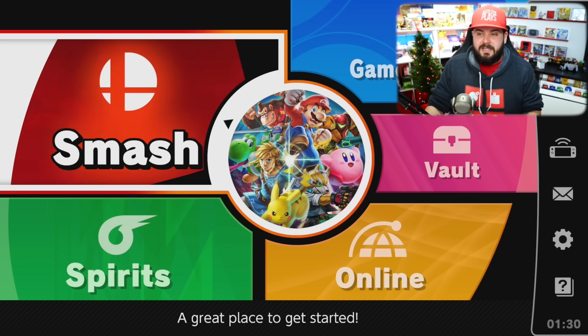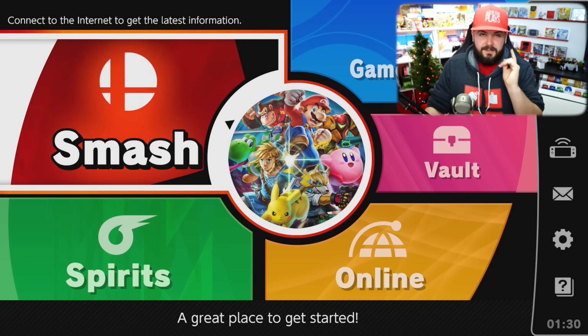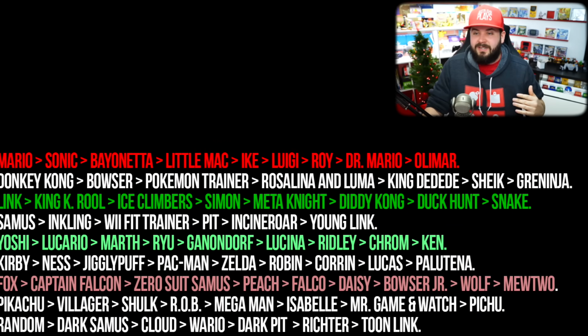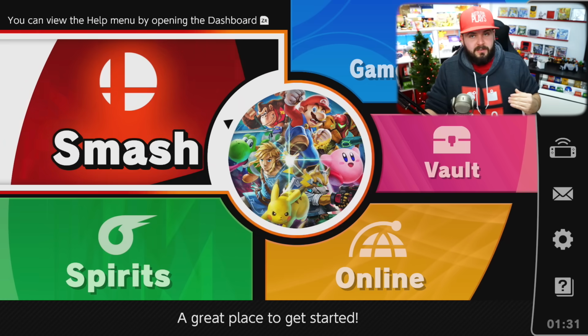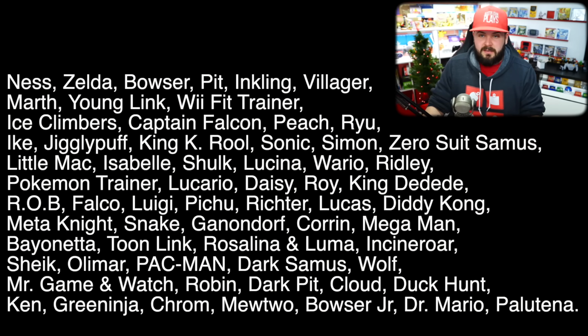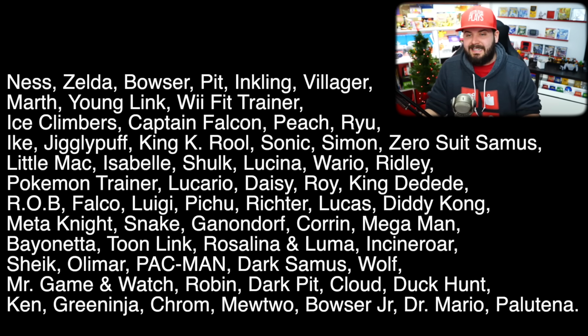Now, the order in which these characters are unlocked, as opposed to classic mode, which, as I mentioned before, is a direct list of everything, there is an exact order in which all of these characters unlock, which is Ness, Zelda, Bowser, Pit, Inkling, Villager, Marth, Young Link, Wii Fit Trainer, Ice Climbers, Captain Falcon, Peach, Ryu, Ike, Jigglypuff, King K. Rool, Sonic, Simon, Zero Suit Samus, Little Mac, Isabelle, Shulk, Lucina, Wario, Ridley, Pokemon Trainer, Lucario, Daisy, Roy, King DDD, Rob, Falco, Luigi, Pichu, Richter, or Richter, I don't know how to say his name, Diddy Kong, Meta Knight,